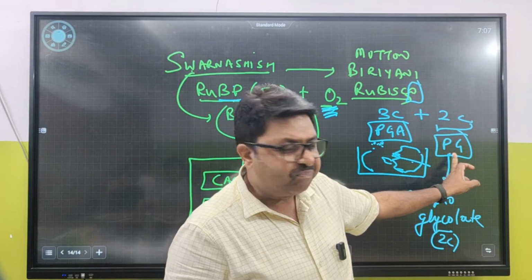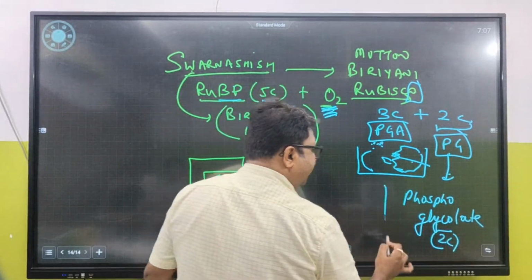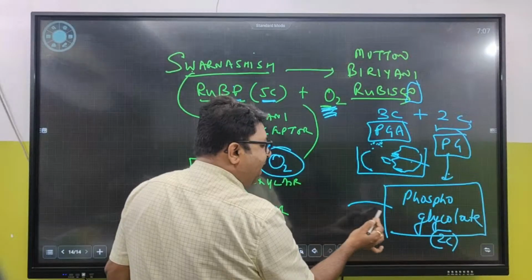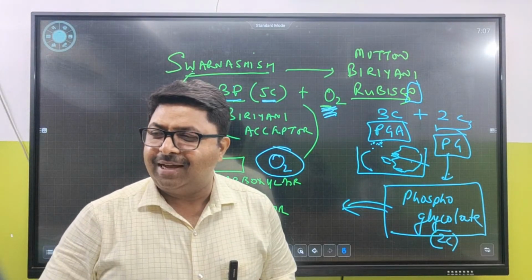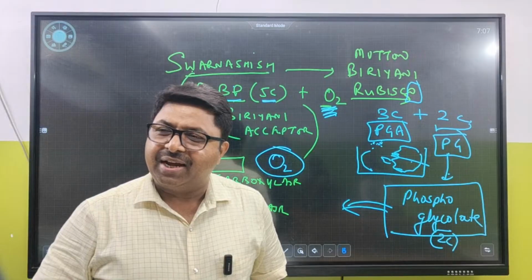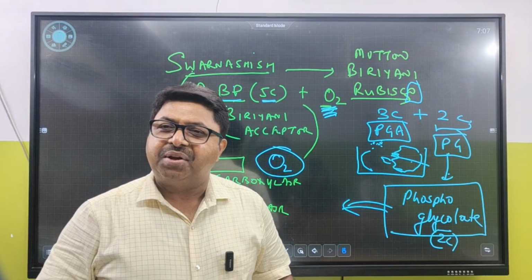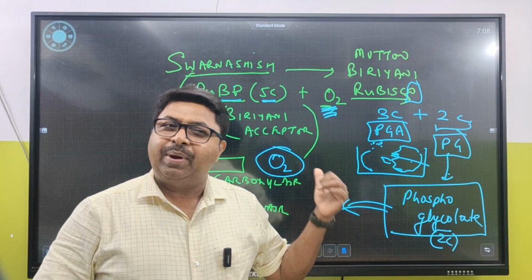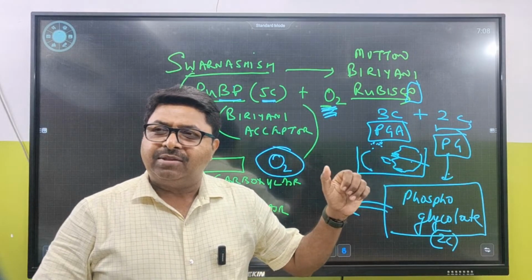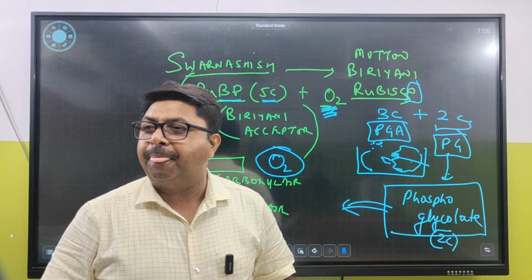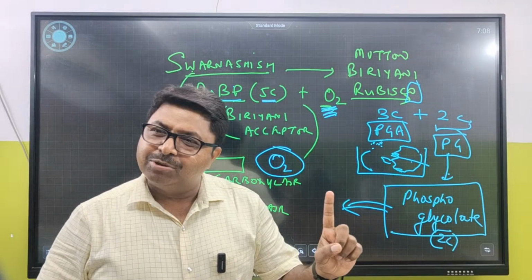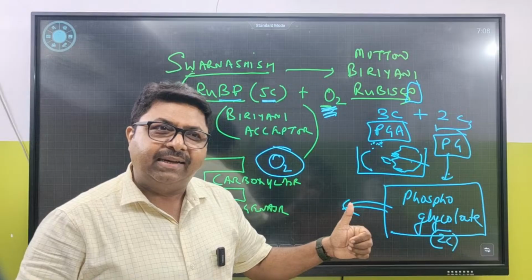This phosphoglycolate is going to go for another cycle called C2 cycle, and we're going to talk about that. This takes place normally in chloroplast, but আমরা একটা নতুন অর্গানেলের নাম শুনবো, তার নাম হচ্ছে peroxisomes।